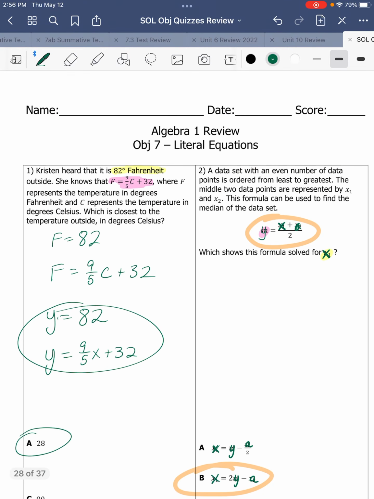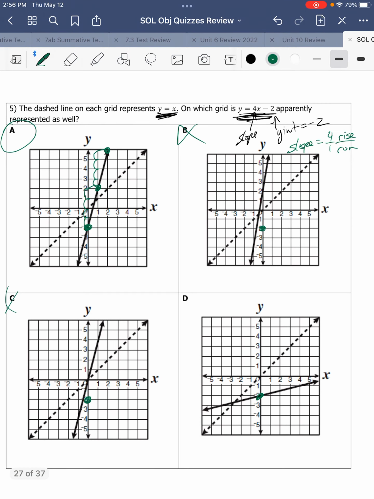All right, let's get to the next problem. Oh, that's not the next problem. That's it. That is it for graphing lines. So hopefully